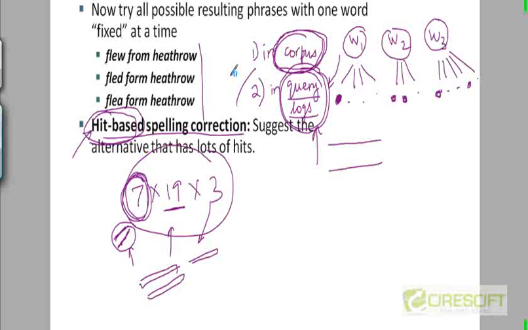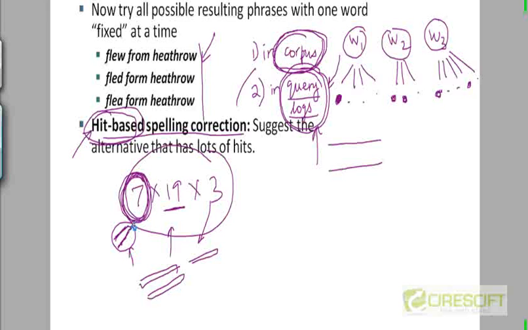Again, you can think of variants of this. Maybe, if you make the assumption that in any phrase query, only one of the words needs to be corrected. Okay, that's a possibility. You could maybe argue that users won't have spelling mistakes in all the three words. They will have spelling mistakes in only one of the three words. In that case, you can just try correcting the words one at a time. Okay, just correct the first word